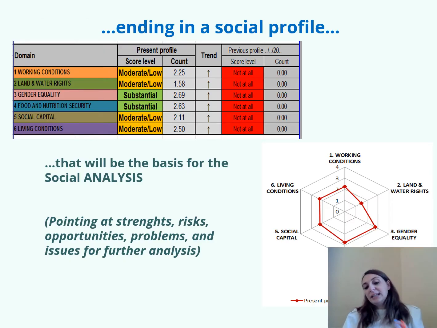When you have worked at the level of your questionnaire and also analyzed what happened at the register level, we can now take a look at the first page of the profile. In this page, you have a radar chart that summarizes the scores for each of the 6 domains. So you have a further level of synthesis of the situation at the social level. Here, you don't see what happens at the level of the subdomains or of the questions, you only see what happens at the level of the domain.